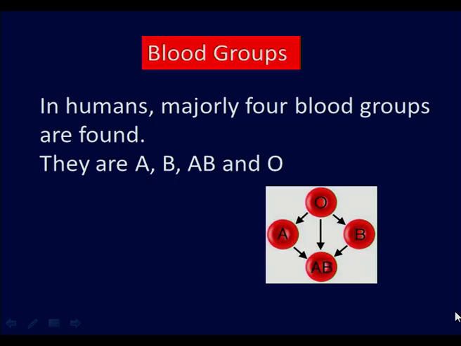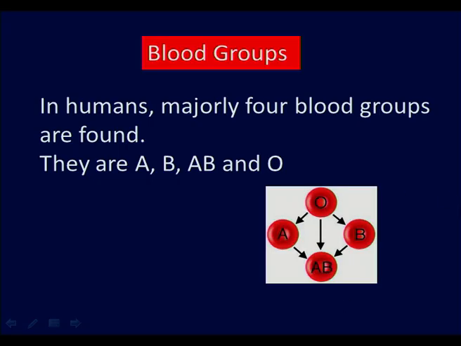Blood groups. Karl Landsteiner first found blood groups in humans. In humans, majorly 4 blood groups are found. They are A, B, AB and O. The persons having AB blood group are called universal recipients, and the persons having O blood group are called